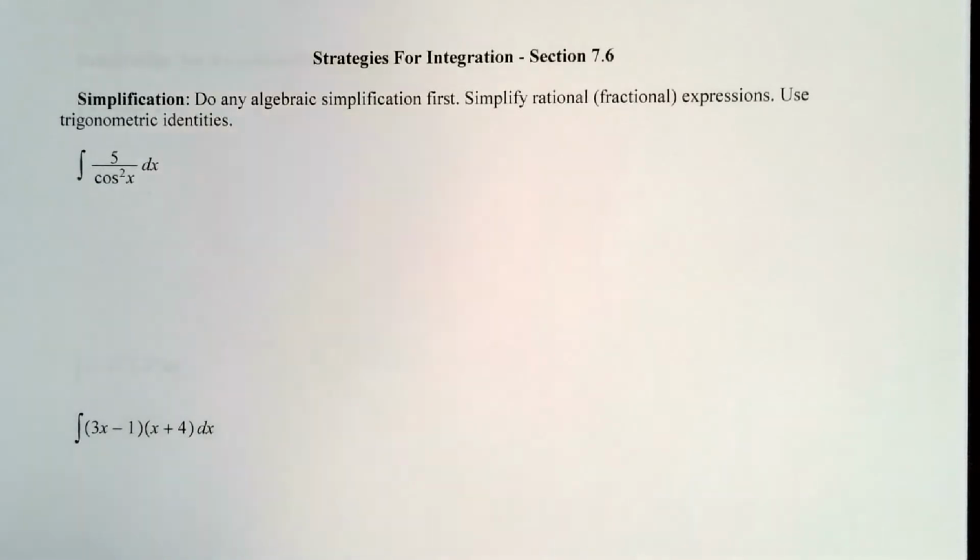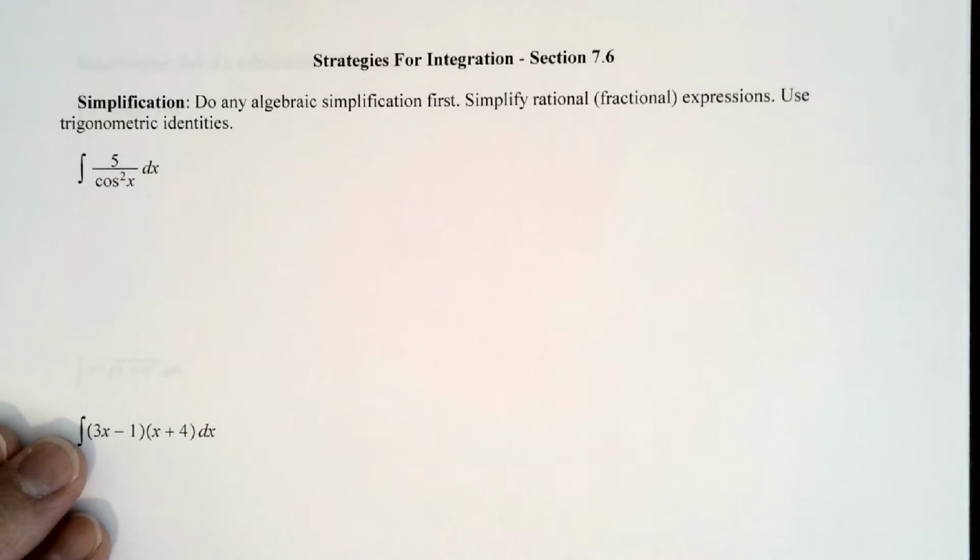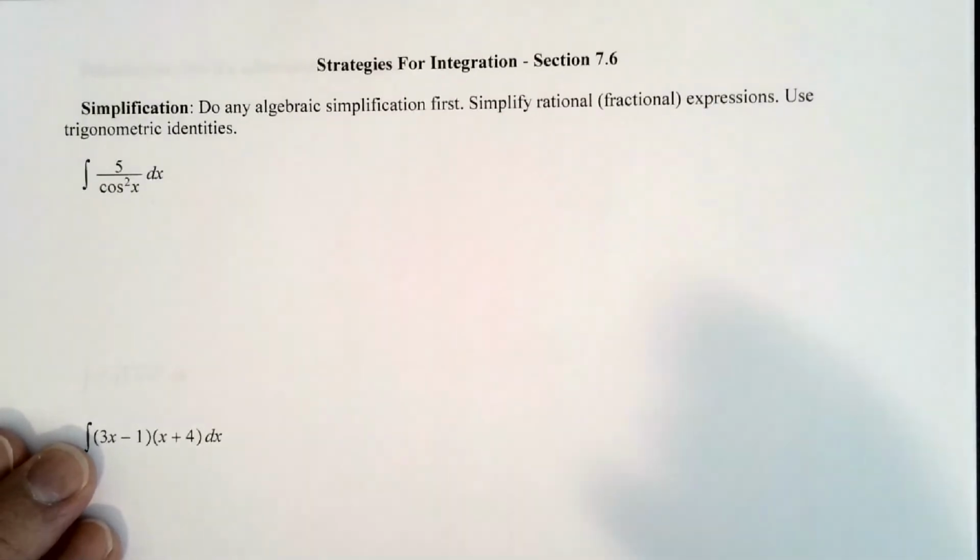Okay, so here's some quick examples. Look at the first one here. You might begin to think, wow, what am I going to do here? Try a substitution of u equals cosine x. I need my du to be negative sine x, and I don't see a sine x anywhere in here. But if you just look at this and realize, hey, there's a nice trig identity,